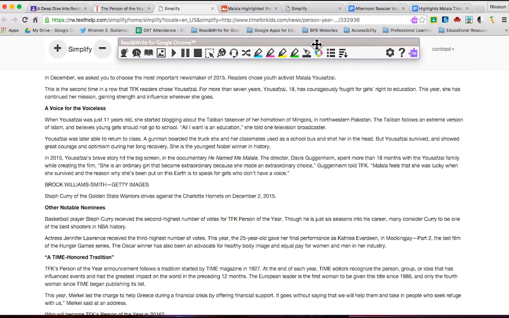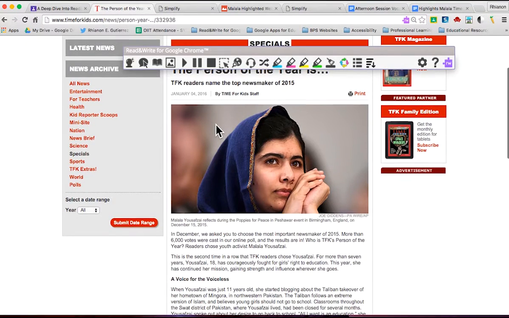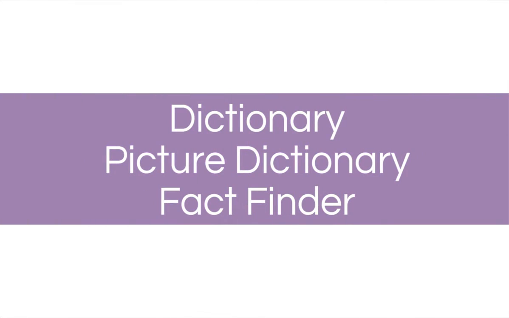Okay. Now some learners may choose to highlight text on this page or just use it directly from the article. Okay. I choose to go back directly to the article, so let's go back to that tab. I'm going to demonstrate how you can highlight a word and have it defined.